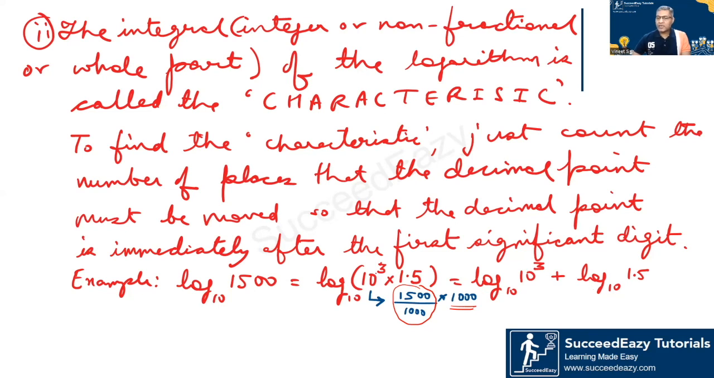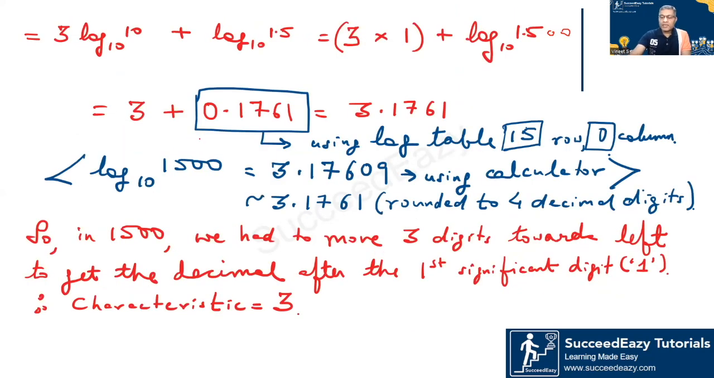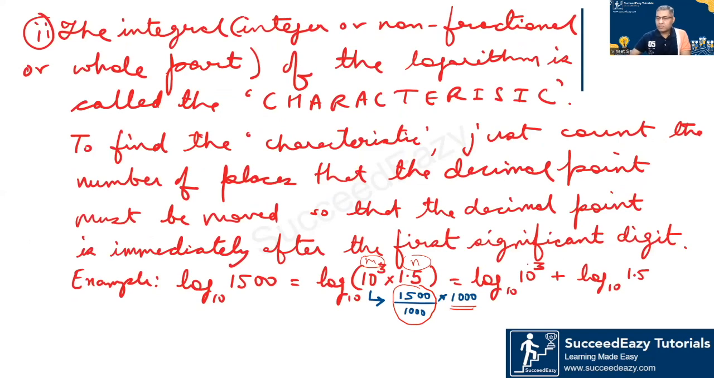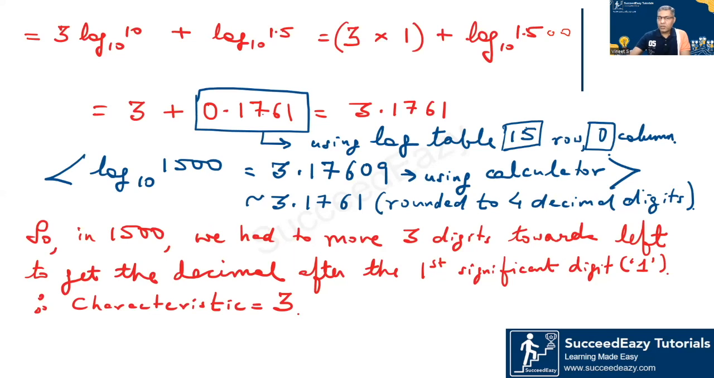So in this case, m is 10 to the power 3 and n is 1.5, right? This is your m, this is your n. So you can relate to the formula that we did in the prior slides, right? So we get this part, log of 10 to the power 3 to the base 10 plus log of 1.5 to the base 10. So this can be expressed using rule 3. This part can be expressed as 3 times log of 10 to the base 10 plus log of 1.5 to